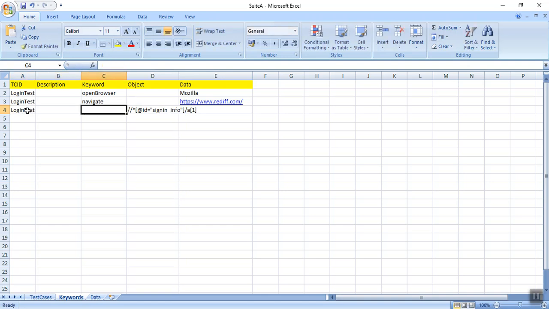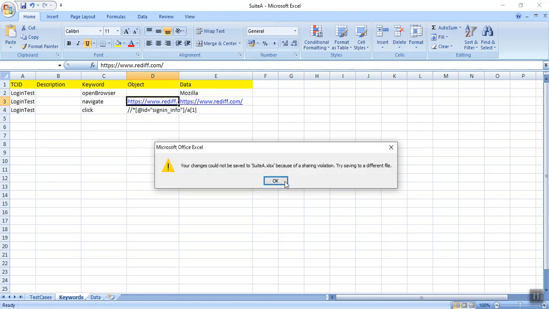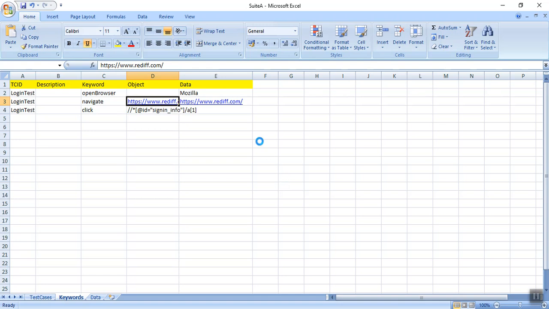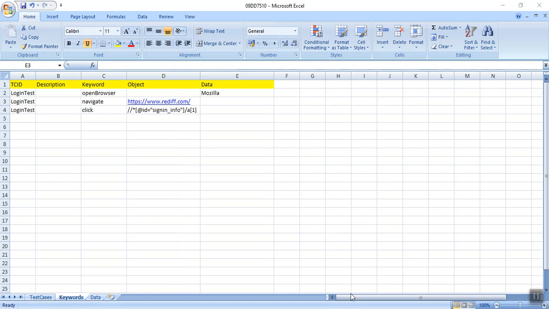The keyword is click. And here this is the object, not the data. Let me save it. Okay, it's fine.